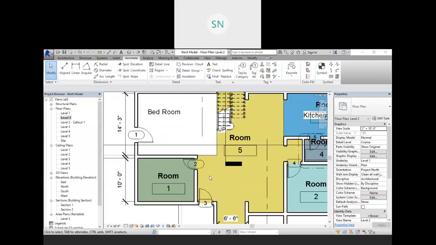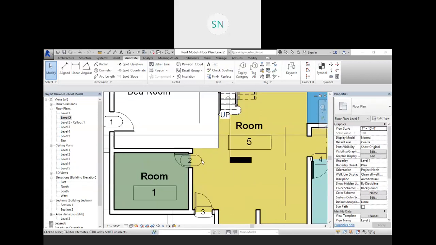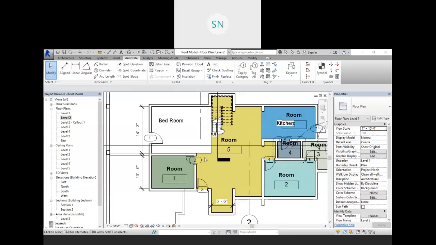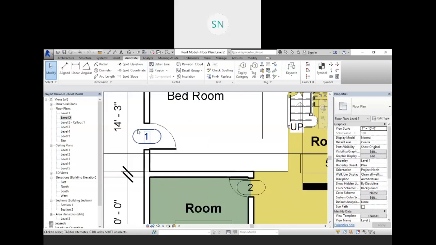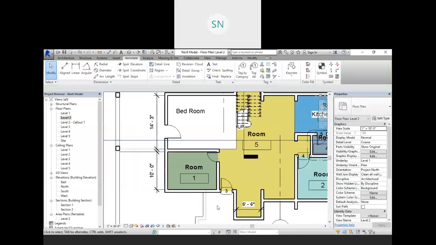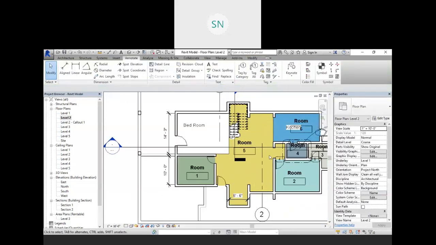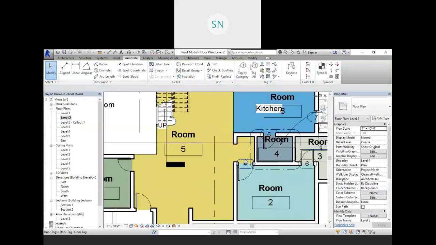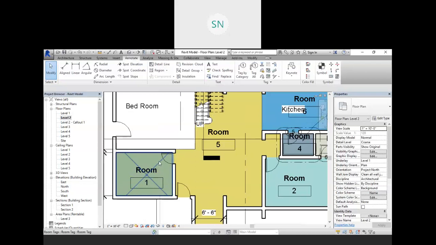Now the door tag, let me discuss about the door tag. So here we have these door tags. If you are going to remove these door tags, how to place them back is a very simple task. Again go to the annotate. For that, see all the things, this is also a tag.